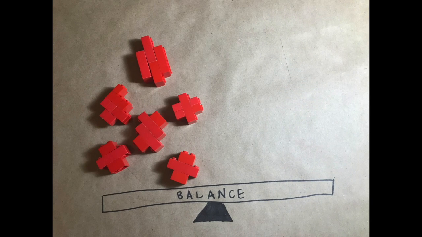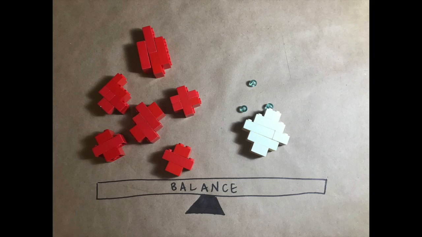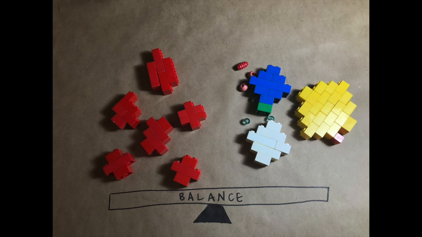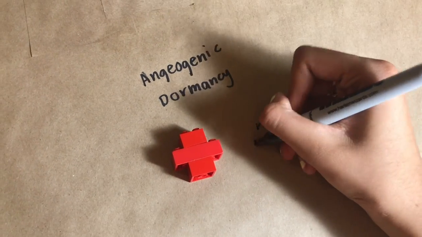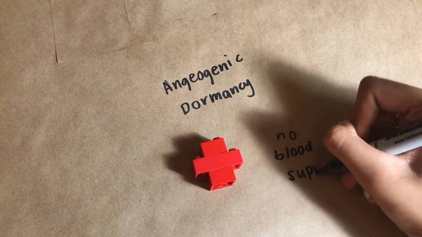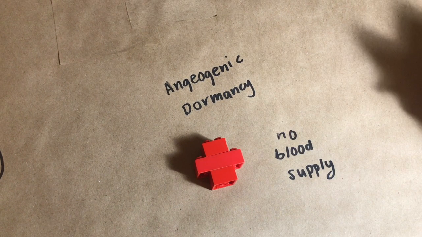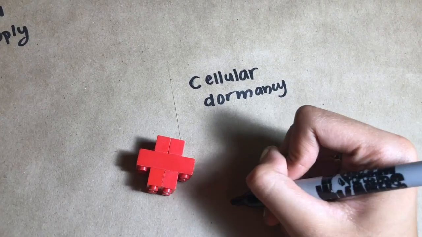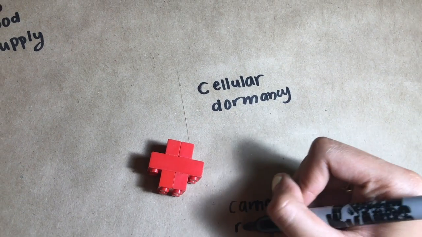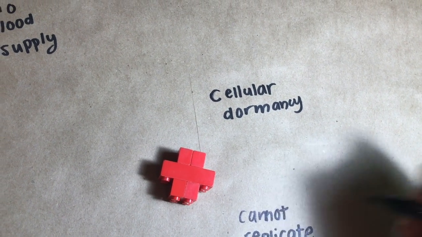During equilibrium, there's a balance between the tumor cells that had escaped elimination and are continuing to grow, and the immune system simultaneously detecting and removing tumor cells. This is called immune dormancy, and it doesn't allow for metastasis. The tumor is also kept dormant through angiogenic dormancy, which is when tumors cannot grow due to lack of blood supply, and cellular dormancy, where the tumor cells are in cell cycle arrest and are not in a proper microenvironment